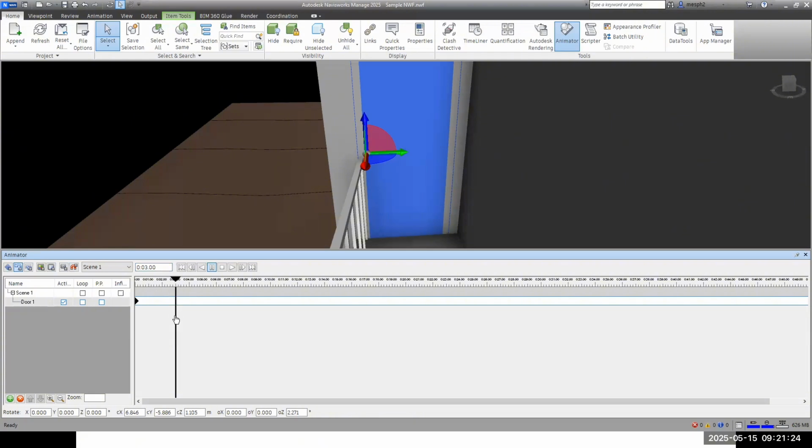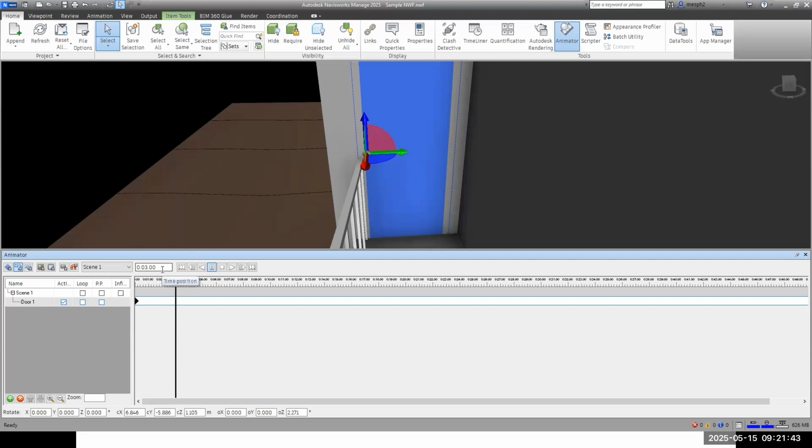The black line will go to 3 seconds. So this is the timeline of our scene. Once we add time,